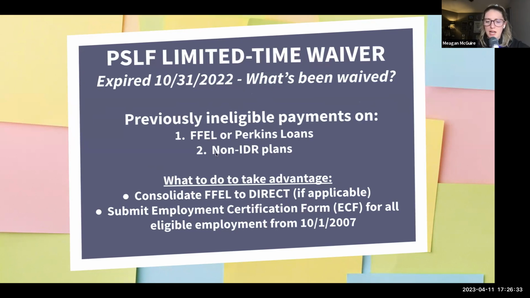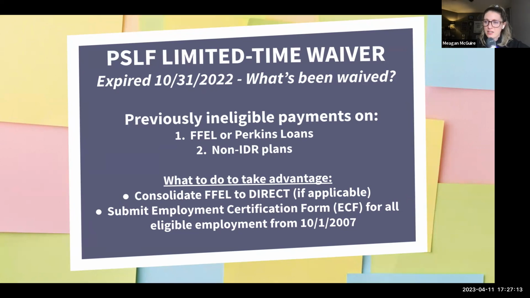And let's say maybe in the past you weren't on an income-driven plan. Maybe you were on one of the standard plans that just weren't eligible for PSLF, and you had ineligible payments because of that. The PSLF waiver would have counted those prior months. Same thing, if we submit documentation that you were employed by that eligible employer during that time, then we think you could still get credit, even if it's after this October 31st deadline. The key is that you have to still be employed at an eligible employer, which I would assume most, if not everybody on this call, is.